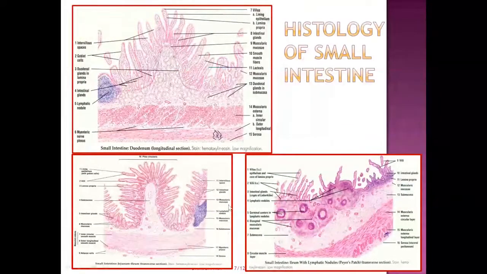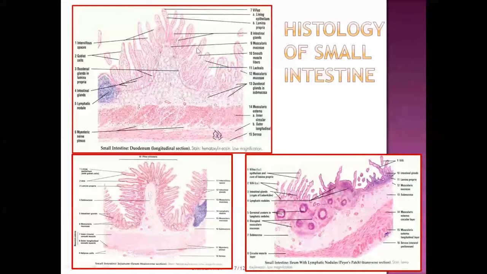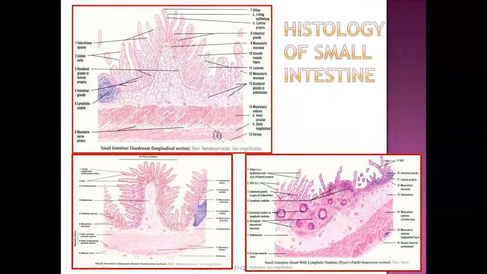To summarize, these are the three parts, three images. This is the microstructure of the duodenum, the microstructure of the jejunum, and this is the ileum. Common features for all three parts are the plica circularis, that is the circular folds of mucosa and submucosa. So this is one circular mucosal fold. Villi are common for all three parts, and also the intestinal glands, crypts of Lieberkühn, are present in all three parts.